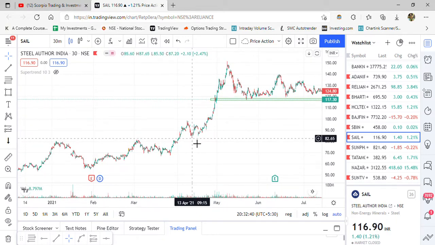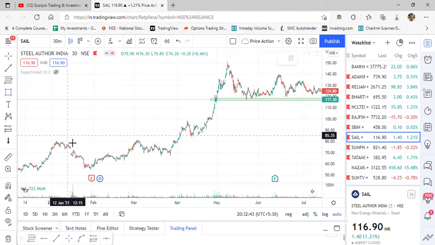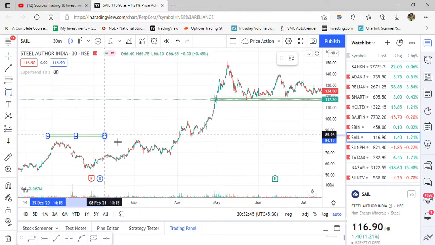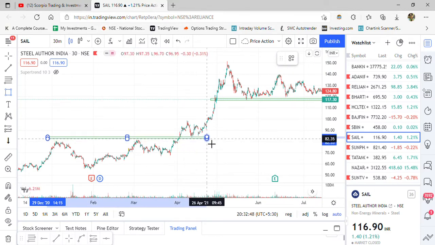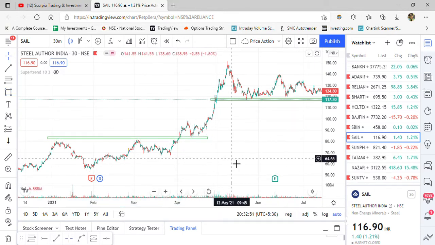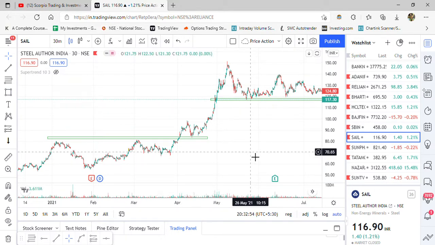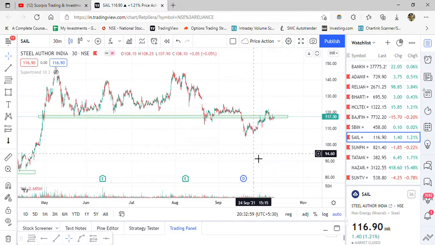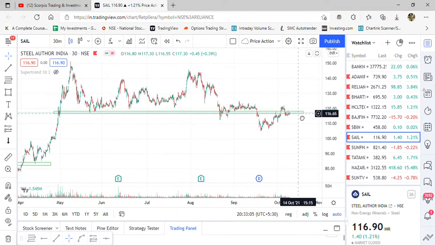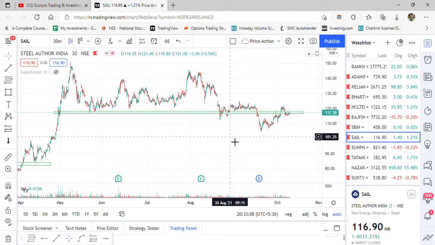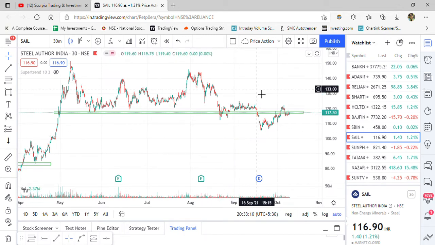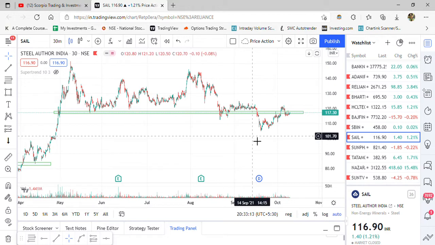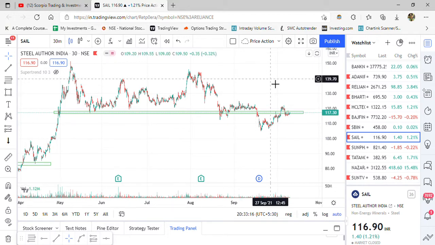One should learn how to mark, and by visual inspection you can see how to mark these areas. So once you start with this basic concept, you will be able to mark it better, and you can take trades accordingly, maybe intraday or a short term trade. And for investors also, they should keep checking their portfolio stocks for support and resistance, so they have a general idea about the support and resistance of their portfolio stocks.